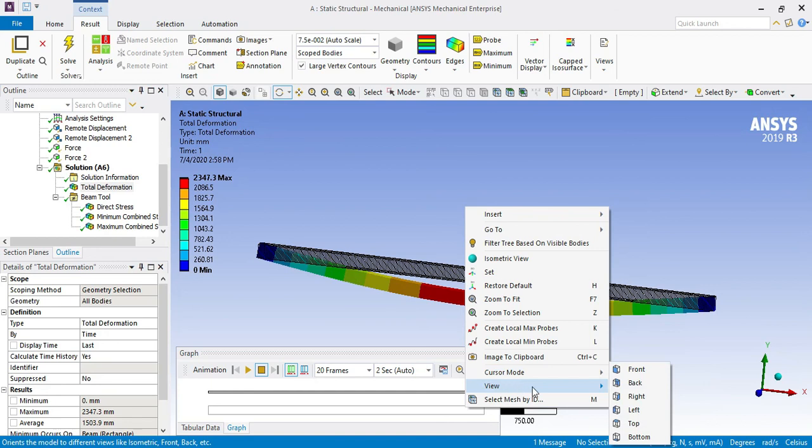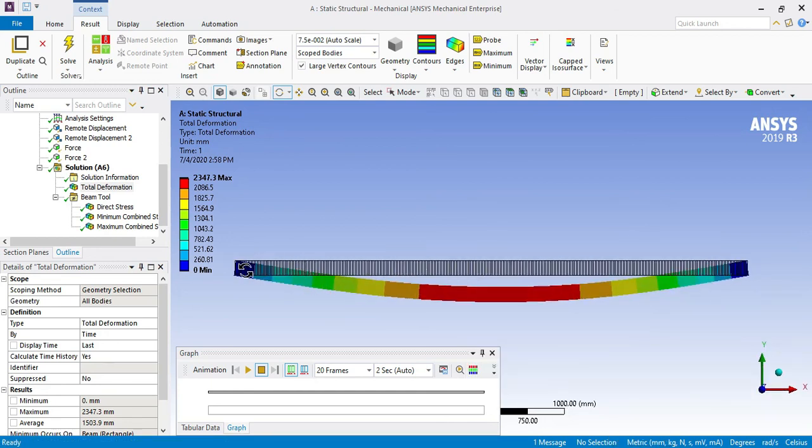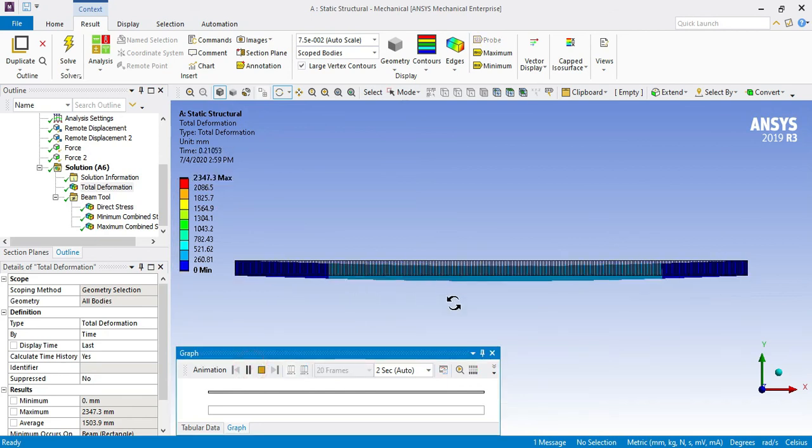So view front. You will see here, this is before applying a load, this is the position of this bar or beam. After applying load, this is going to be a deflection of this much.